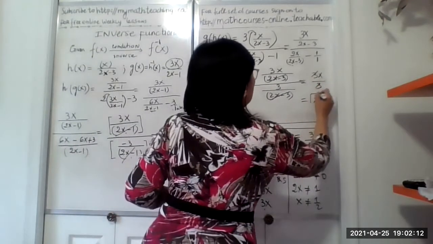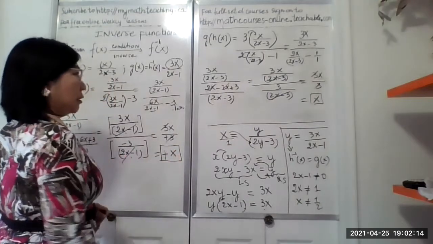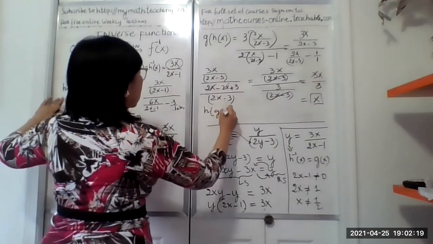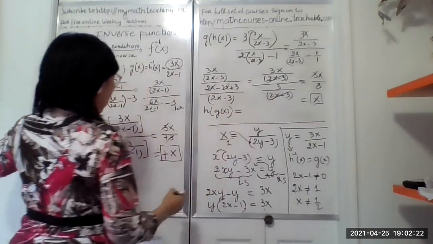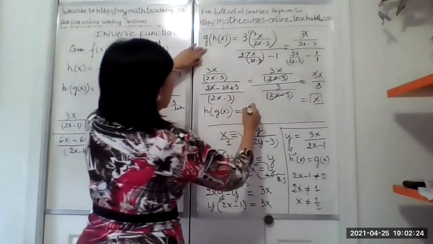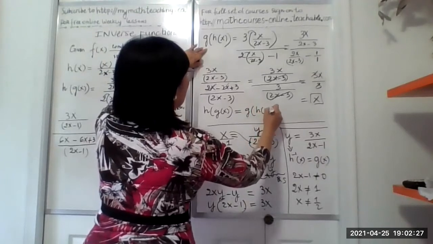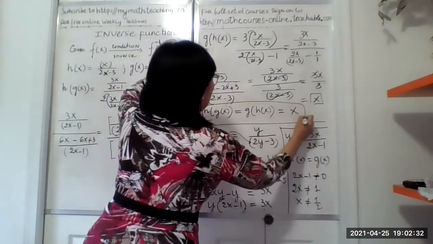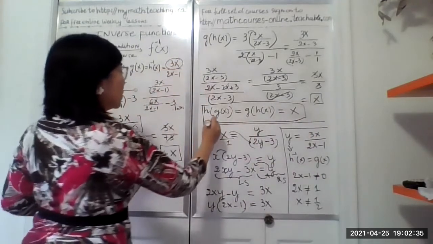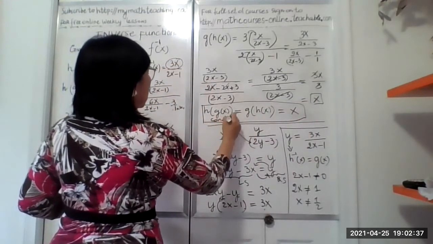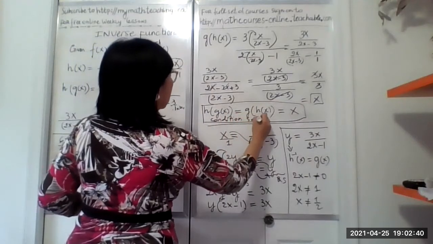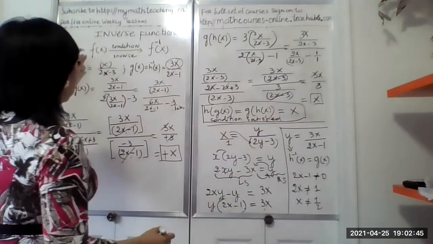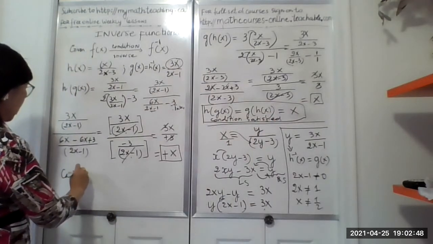So let's look at it. Then it turns out we have h of g of x equal to g of h of x, and all of this equals x. So this condition is satisfied. Condition satisfied. So because it's satisfied, we will make a conclusion that